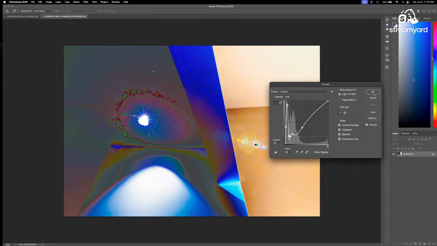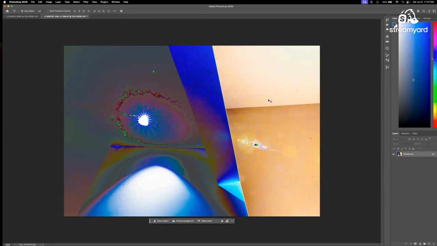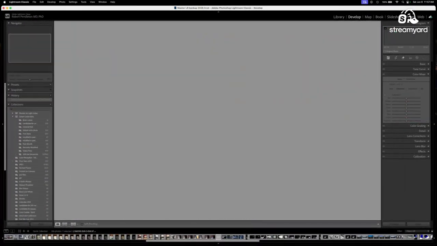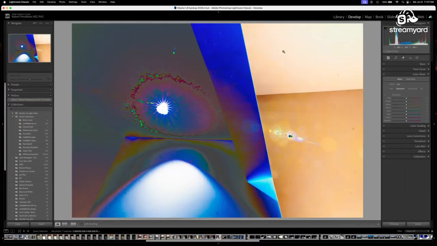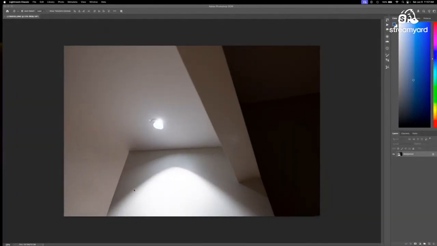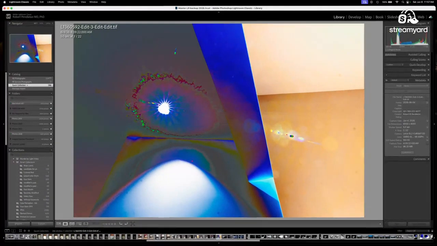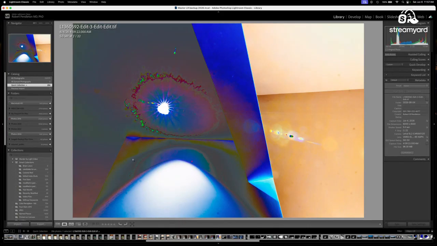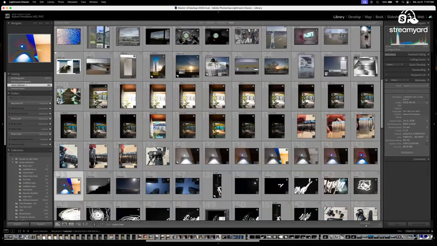You can combine the techniques if you want, and then I'll go back and save it. Save it. Let's head back, let this go back to the library. Let's try and see what happens. Where's my Lightroom? If we take that image and the original into Photoshop,